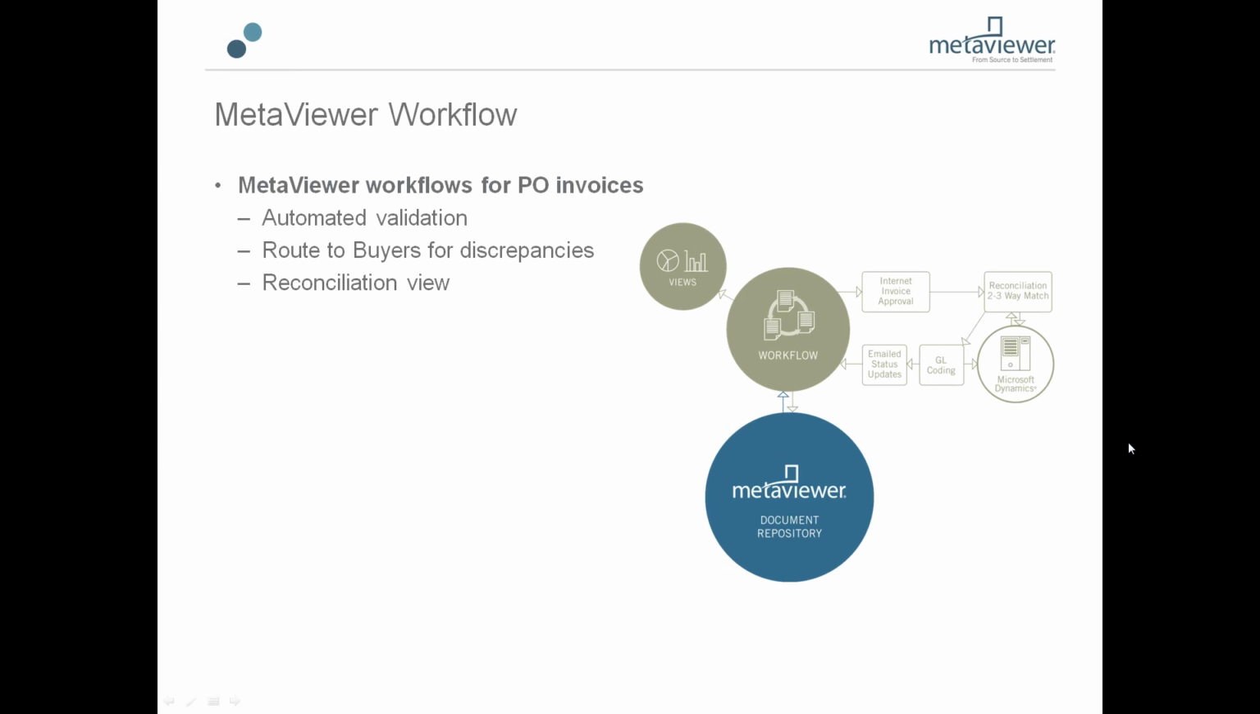Now let's look at MetaViewer's workflow and that process automation and how we can make the whole process more efficient. Workflows can vary depending on the types of documents that are being processed. For example, PO type invoices, typically workflows surrounding those are auto validation of some of the summary information from those documents, routing to buyers to fix discrepancies, and then giving those users a reconciliation view where we can consolidate the information from the purchase order, from the receiving documents, and an invoice all in one convenient